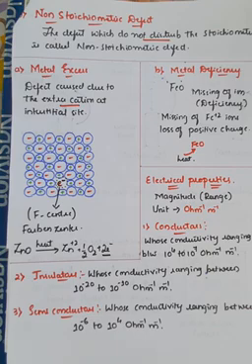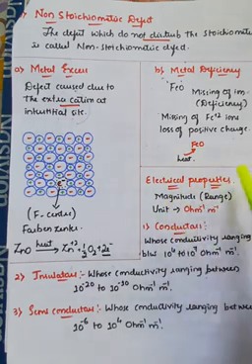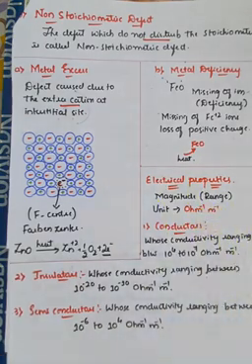And the next important concept is electrical properties. Right. So the electrical properties in case of solids. So how they behave with the electrical current, right? So that is generally called electrical properties. And these electrical properties can be given by 2 methods. One is we can explain the electrical properties of any material with the help of magnitude, which means a range in which the conductivity lies between, right?